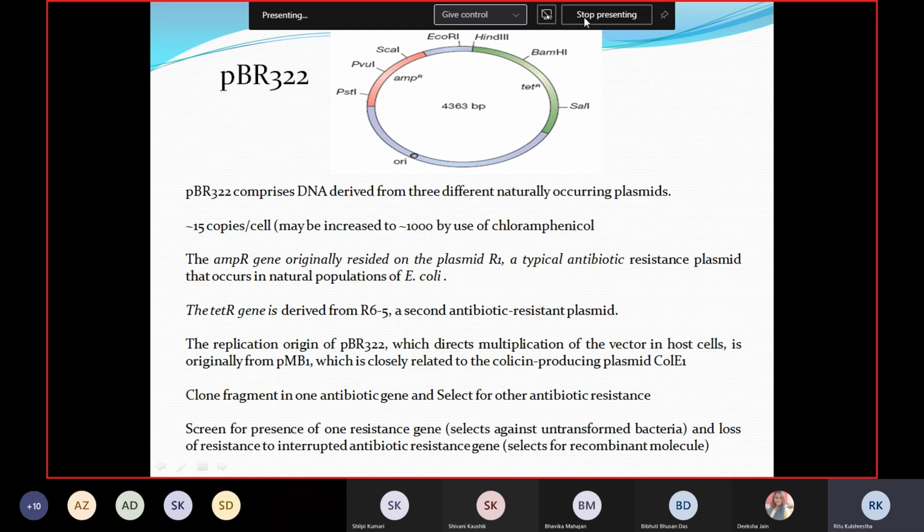So it will survive if it takes up intact pBR322. It will die if it does not take up plasmid, and it will survive in presence of ampicillin but die in presence of tetracycline in case it takes up the